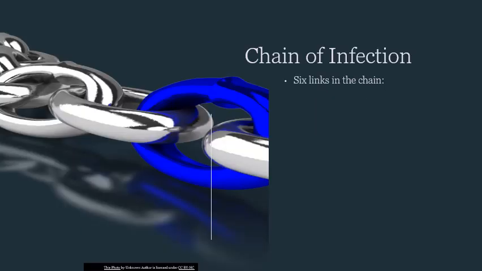Now we're going to discuss the chain of infection. There are 6 links in this chain of infection. It's a continuous chain that makes possible the spread of the infection or the disease. They call it a chain because breaking any link in this chain can actually stop that contamination from one host to another. So as part of the links, we've got a causative agent,